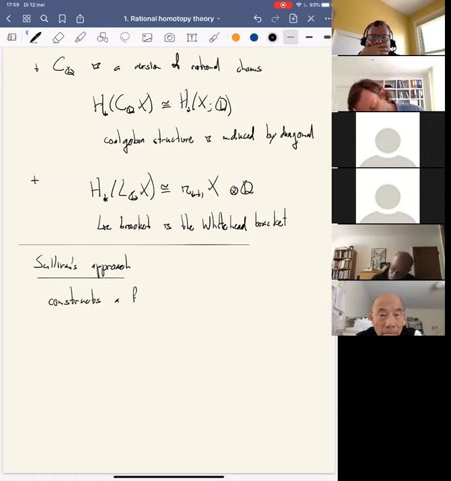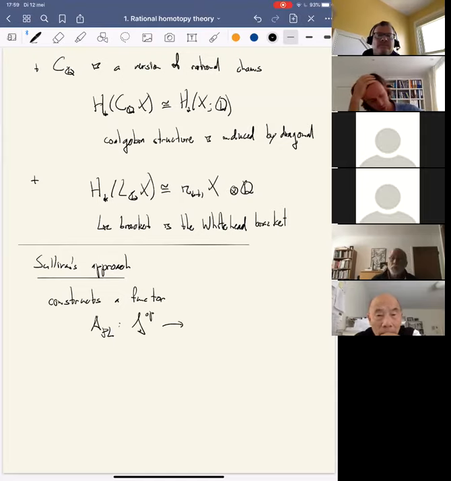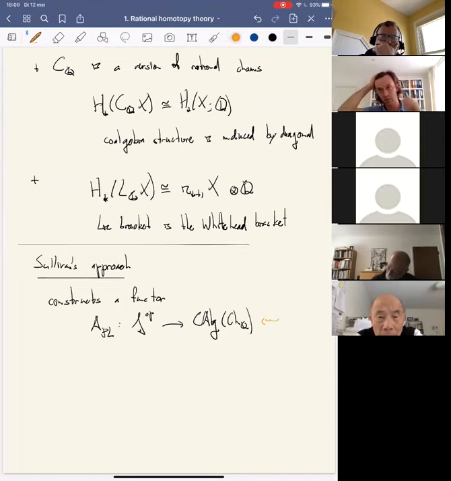functor that's usually denoted APL from spaces, maybe spaces op, to CDGAs over Q. So keep using the same style of notation. So this here really means, and this is really like no fancy infinity stuff, you can really think of this as just an actual honest functor from simplicial sets op to CDGAs over Q,